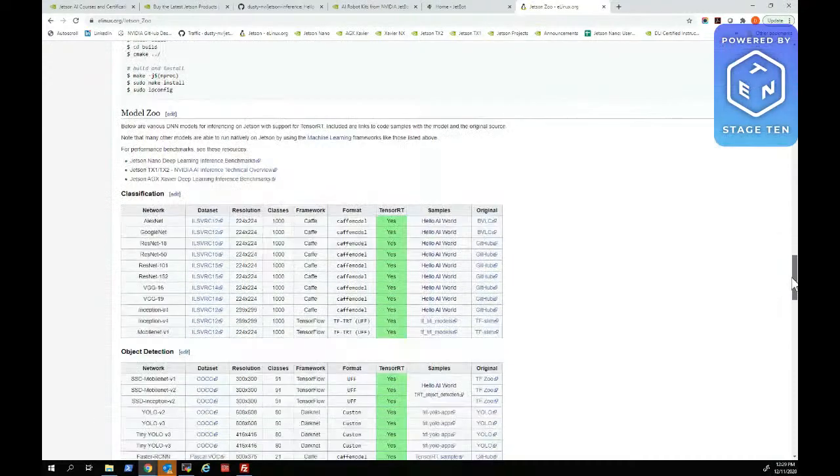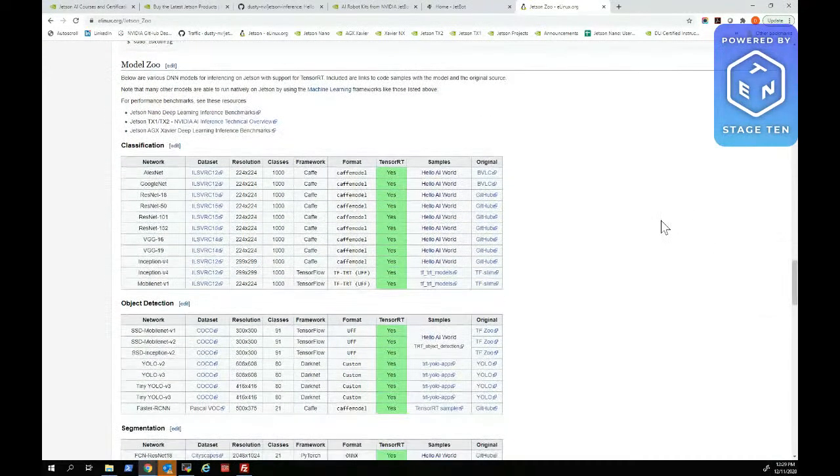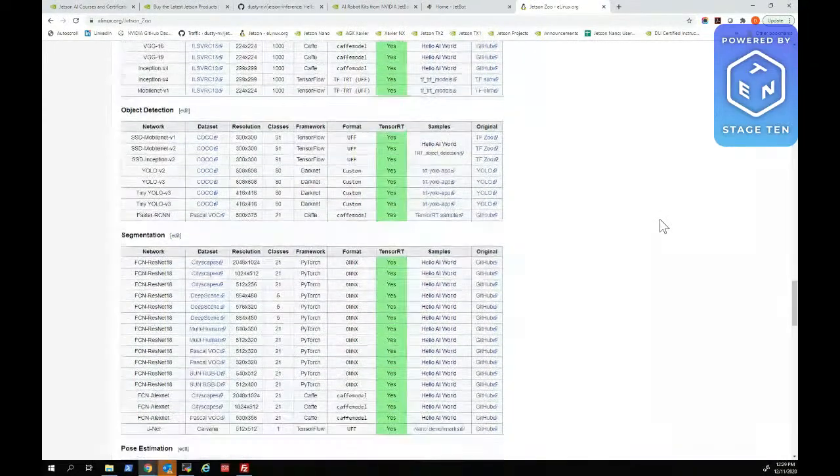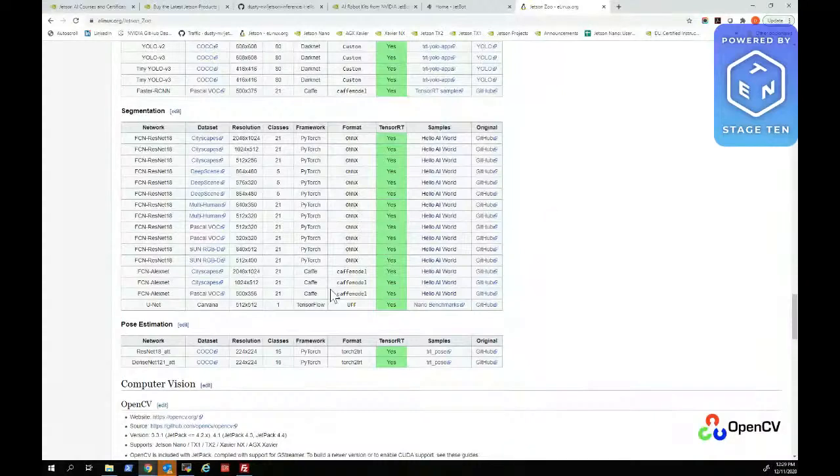It has this popular model zoo on here for predominantly classification, object detection, and segmentation. Pose estimation is also very popular. But the short answer is you can also go to the PyTorch model zoos or the TensorFlow ones, because you can run basically any models on Jetson. Since the processor itself, we don't need to be using TensorFlow Lite or some special optimizer for it.